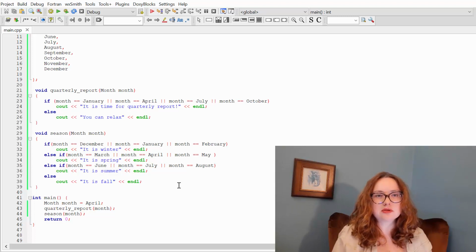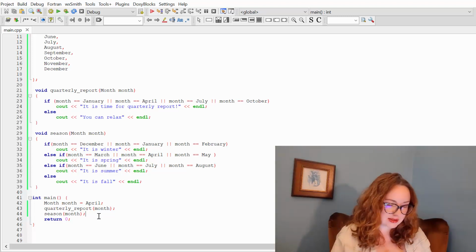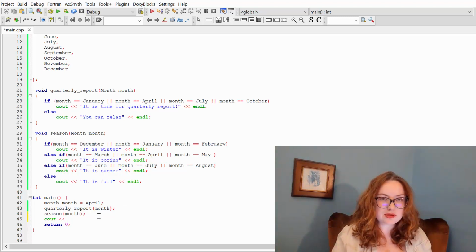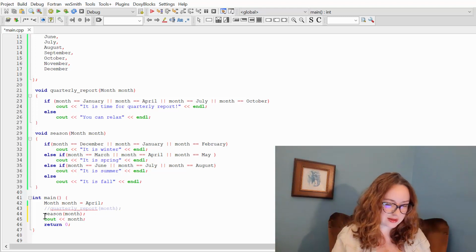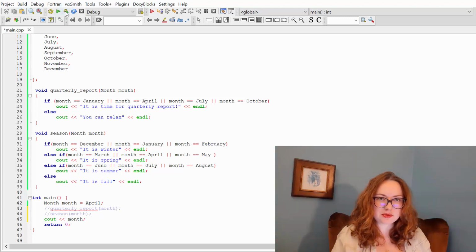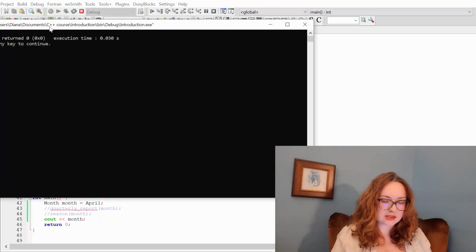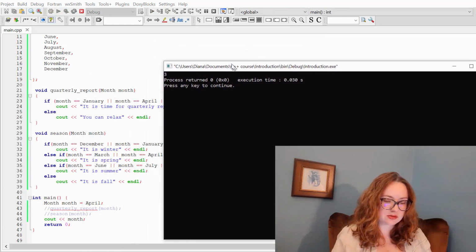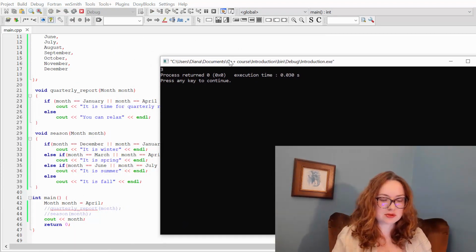Because we need somehow to communicate with our outside world, somehow to deliver our variables to the users, and somehow receive these variables from our users. So let's create cout, and to the console let's try to write our months, and let's comment out our functions for a while, build and run our program, and you can see the result is 3. When I try to write my months to the console, I receive the result 3.